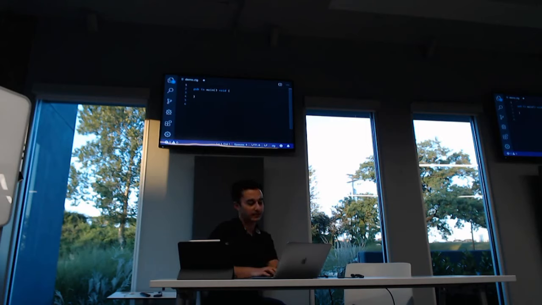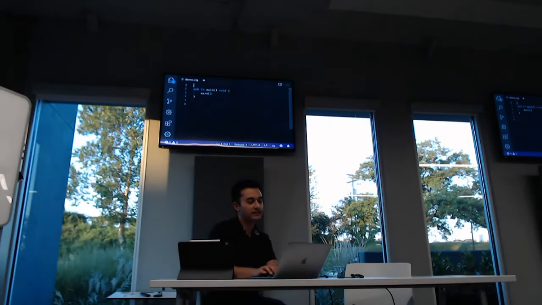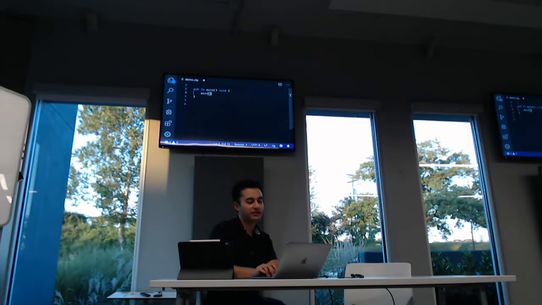So instead of the printf function, we'll use what's called a warn function, which essentially prints to standard error. So to get a warn function, we'll do a const warn equals import std.debug.warn.